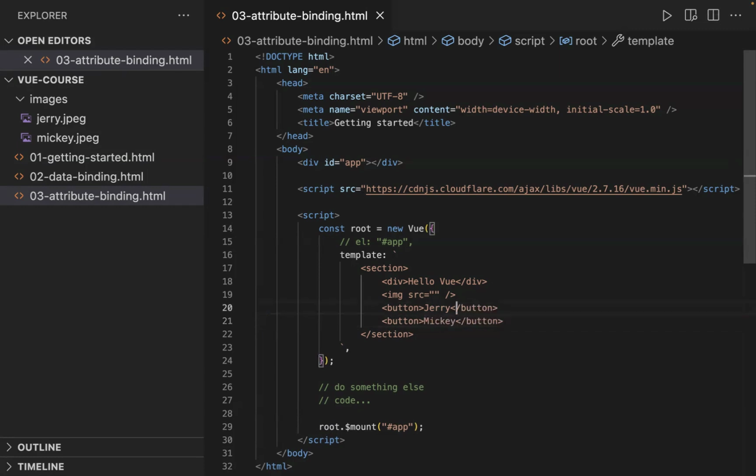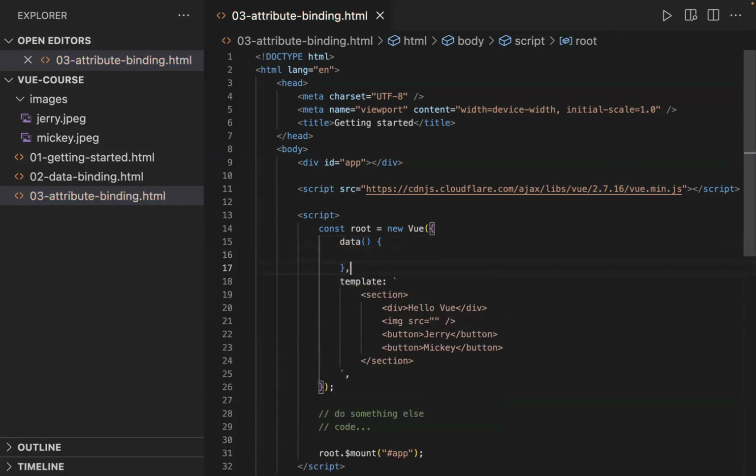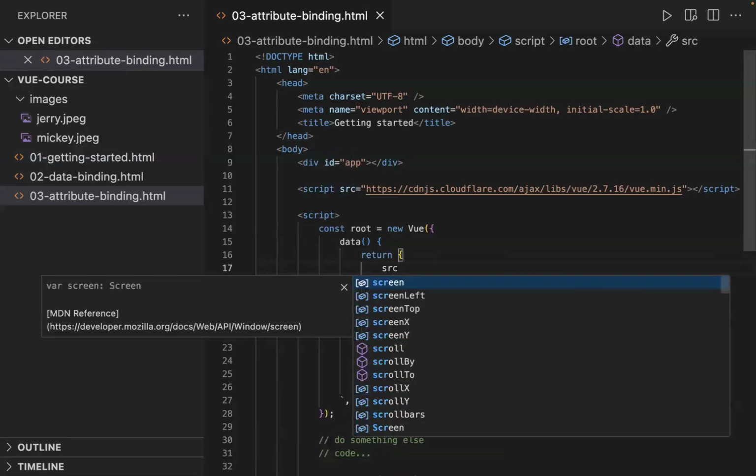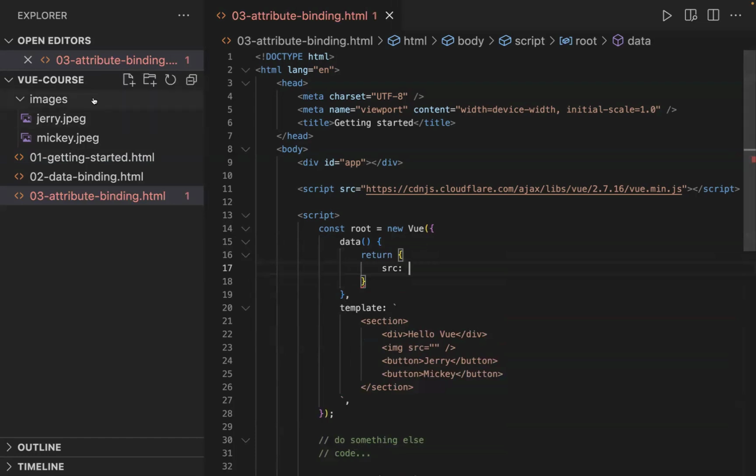Basically, as we know in Vue.js, we bind to the data that's available. So in this data, again, we are at Vue 2, so we could use an object or we can use a function. But to be consistent, we'll use a function because that's supported in 2 as well as 3. Vue 3 does not support a data object directly, but it should be a function returning. So the source, we'll initially keep it at Jerry. It will be relative to this HTML file's folder, so there is an images folder here in this folder, and within that